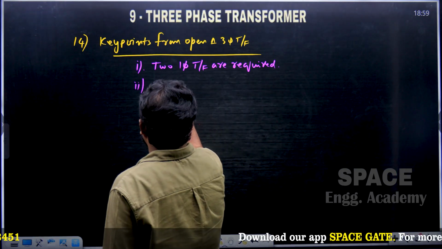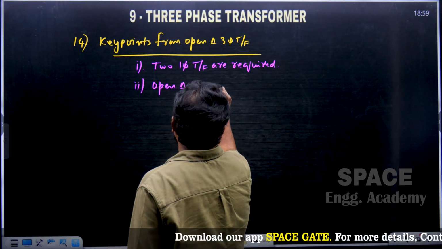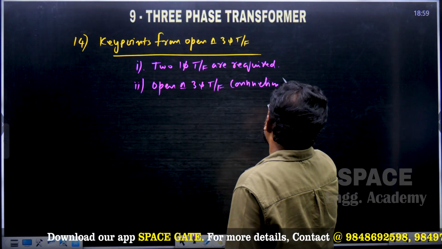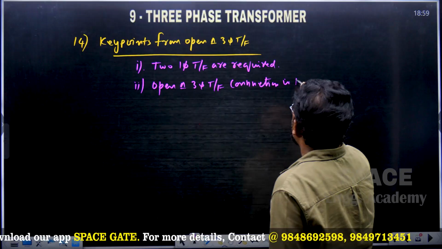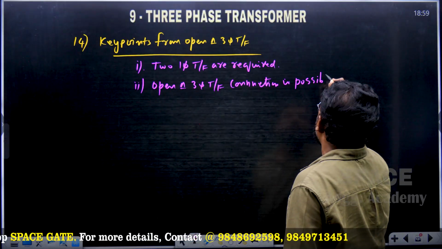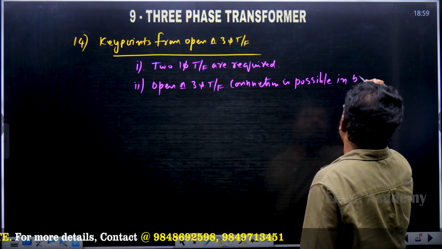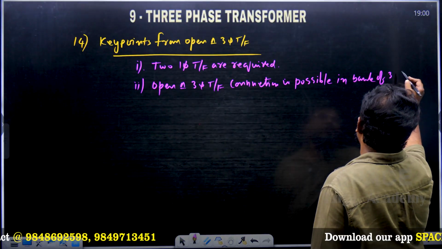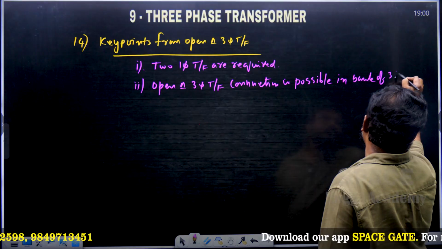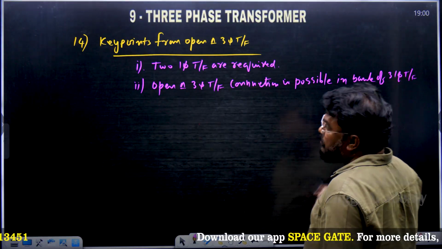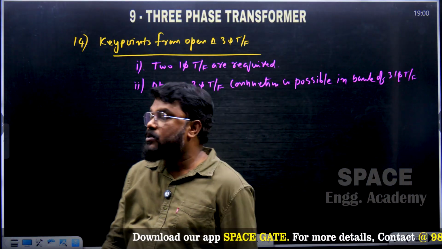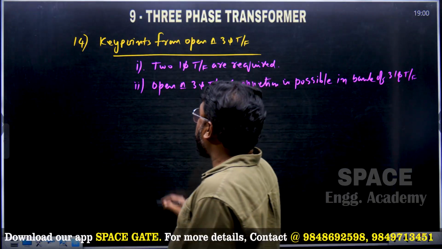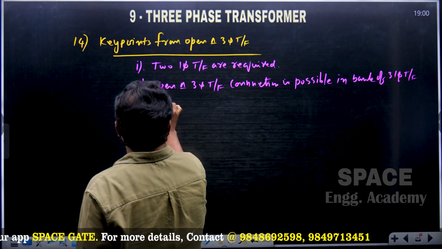So open delta three-phase transformer connection is possible in a bank of three single-phase transformers, but not in a single unit of three-phase transformer. But how many transformers are required? Only two single-phase transformers are required. So this connection is used